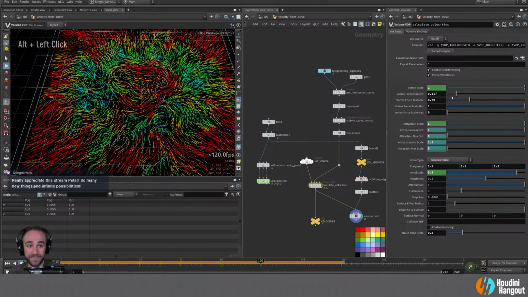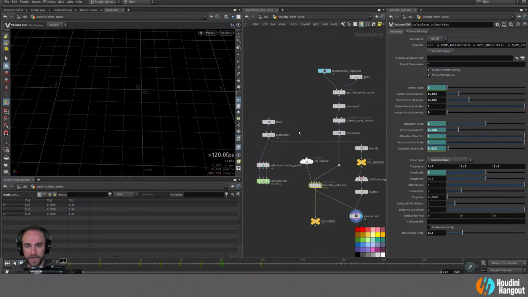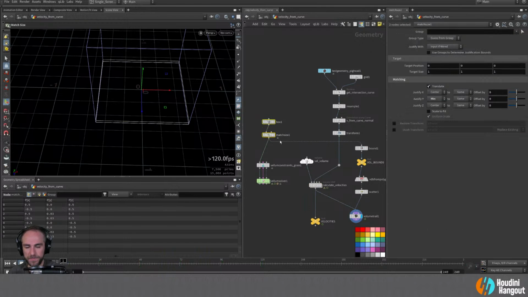This is cool and it's fine to have interesting effects, but the other thing maybe we could do, which would be even more interesting, would be to have this as the, nope, sorry, not that, this as the collider, and